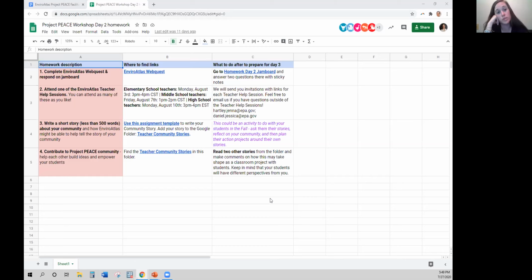So one of them is to do the EnviroAtlas web quest, and that's one of the activities that will help you navigate around the EnviroAtlas interactive map, and that is linked. And then the other one is to attend one of the office hour sessions. We really hope you'll make it there. We have talked about potentially offering another suite of office hours where it's separated by topic. Once you have an idea of what your students' topic interest might be, we could have a water pollution group or a protected lands group, and